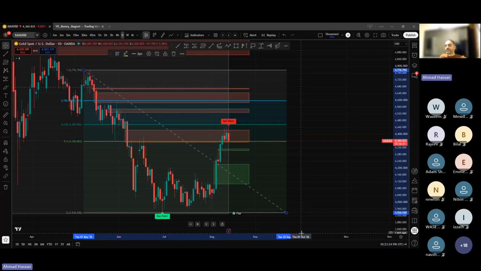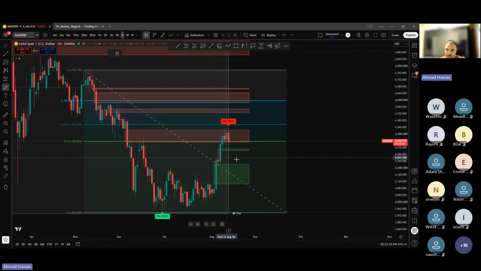In the golden fib zone. Now, what does it have to do? The trend line is broken, right? All of you can see a trend line also with the fib. It has to retest this area, right? I'm expecting the market to come to this zone, retest this fair value gap, take the liquidity and